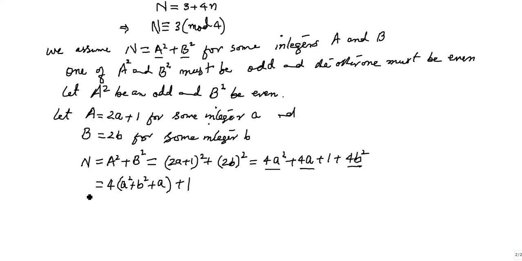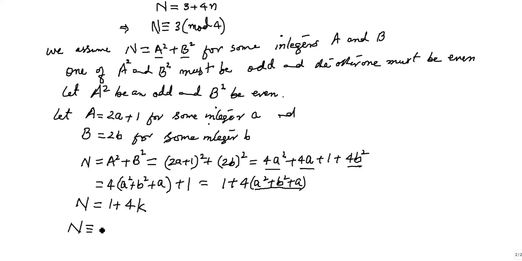So we can also write this as 1 plus 4 times a square plus b square plus a. We know that a square is an integer, b square is an integer, a is an integer. So this result, a square plus b square plus a, must be an integer. So it means n is equal to 1 plus 4 times some integer k,